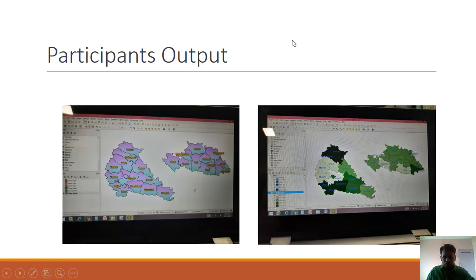These are some outputs from the participants. In the beginning I told you I am very happy and satisfied with whatever work you people are doing. Very nicely you are creating maps, trying different queries and generating different outputs, and this is really nice. One professor, who is working as a professor, made these outputs and sent them to me. I feel it should be shared with all the participants. This is a very nice output.